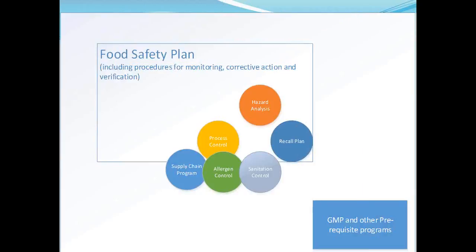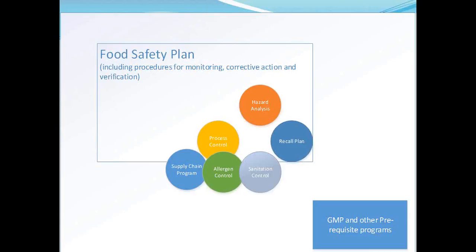Now let's see, I think this is a schematic that I have taken from the FSPCA, which is Food Safety Preventive Control Alliance Instructor Guide 2015. The food safety plan I'm talking about is a dynamic document. This plan must be kept current when changes are made to the system. What is current, actually? When you make changes to the system or to equipment, when you add new products, or even when new hazards are identified, you need to revisit the food safety plan. The food safety plan obviously starts with hazard analysis to identify the required preventive controls,